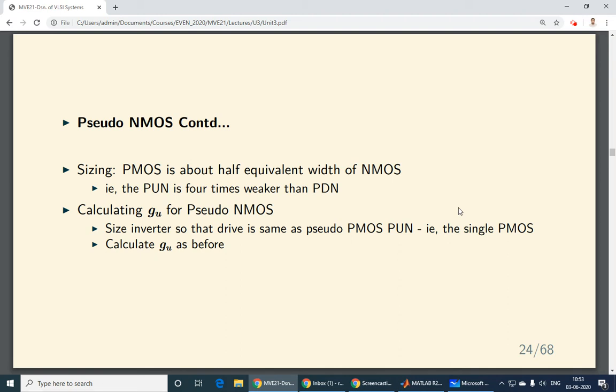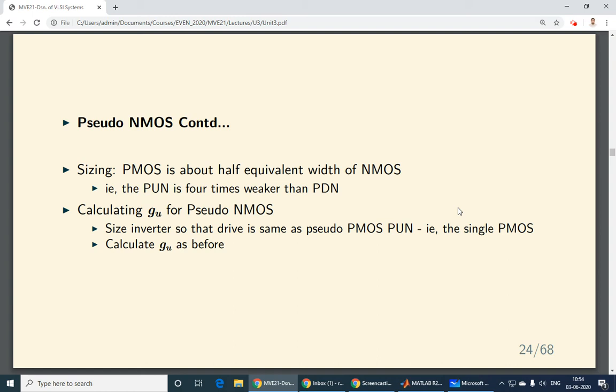How do we make sure that the gate is still fast enough? For that, we have one more equation, which is the average discharging current should be the same as the unskewed inverter discharging current, which is nothing but VDD by R. If you look at any unskewed inverter, the pull-up network or the pull-down network, their equivalent resistance is R. And if you average the voltage across the terminals for the charging or the discharging, it's VDD by R. So that is the second condition, and we have to use both these conditions simultaneously to get the size for